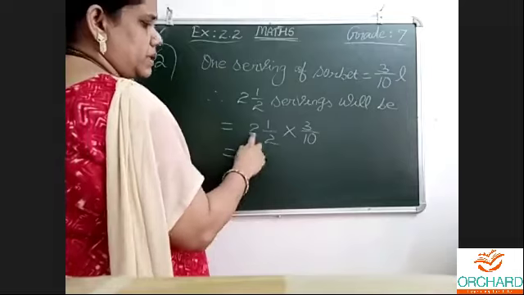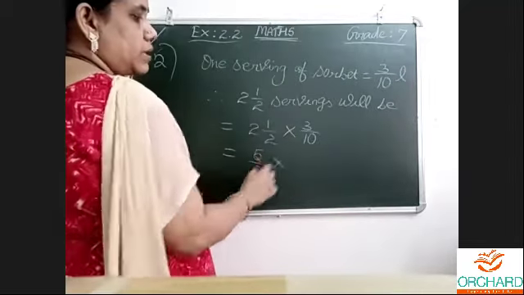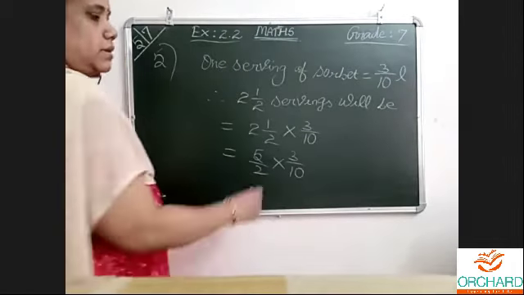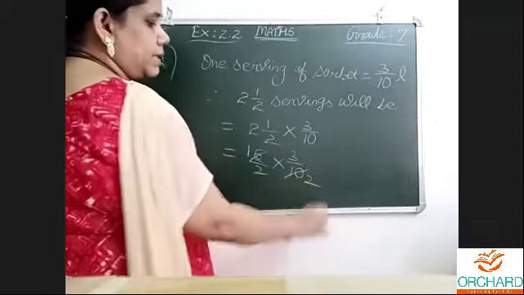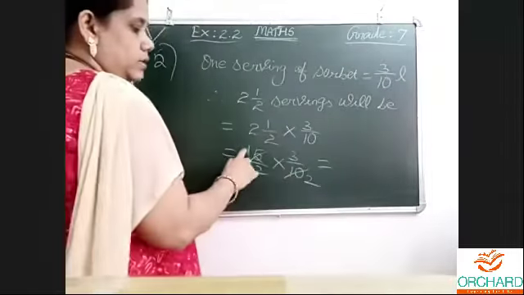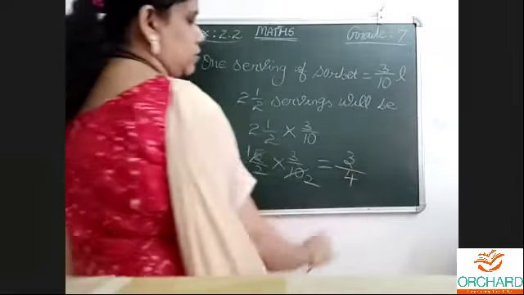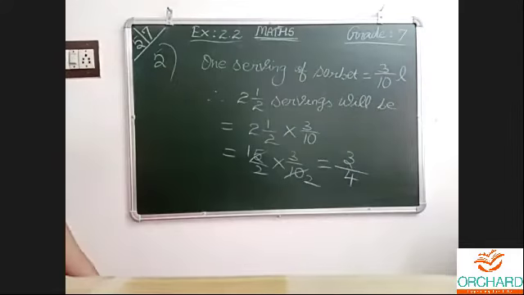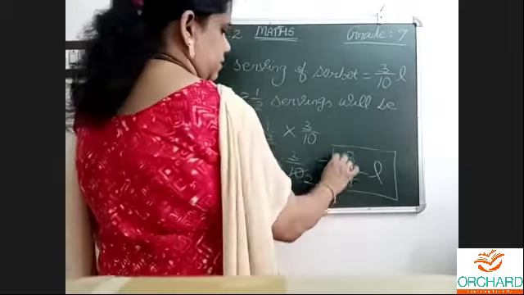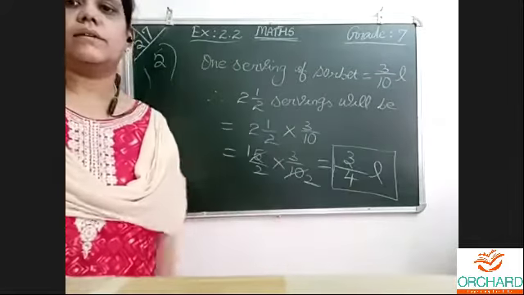Very simple problem. 2 2s are 4, 4 plus 1, 5 by 2. We have to convert this, then only should do the strikings. Now, 1 5s are 5, 2 5s are 10. 3 and 2 we cannot do, so no need to do anything. 1 3s are 3, 2 2s are 4. So 3 by 4. So 3/4 of a liter is the answer. So 2.5 servings will be 3/4 of a liter.